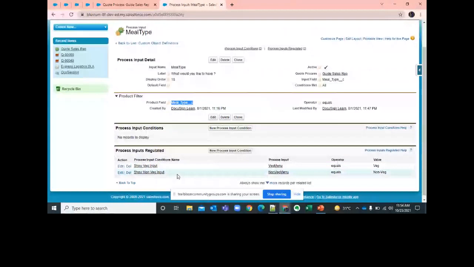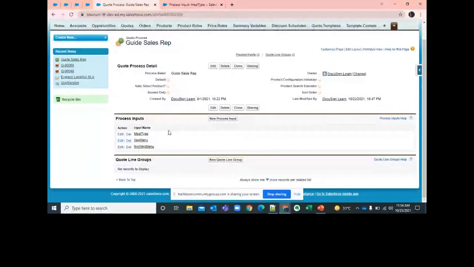It means that meal type will control these two questions, or vice versa, these two questions depend upon the answer of meal type, the master process input's response. So the guided selling is now set up.